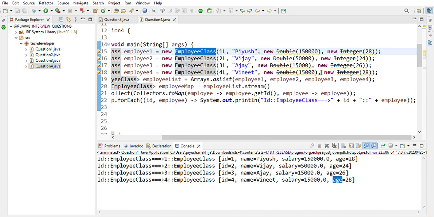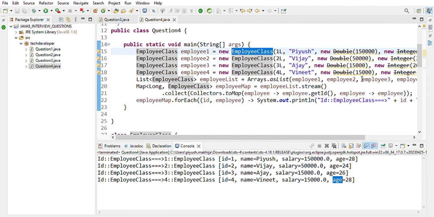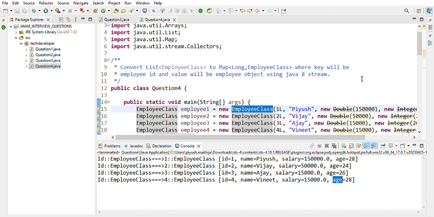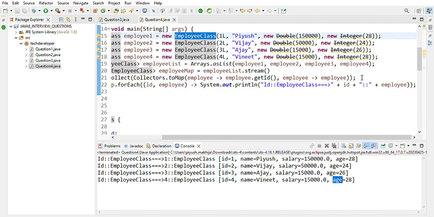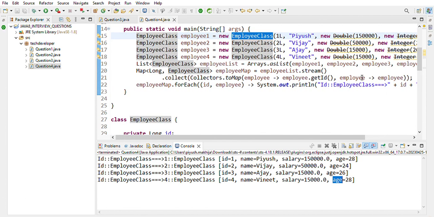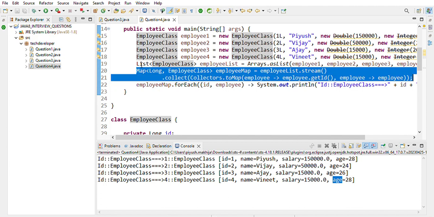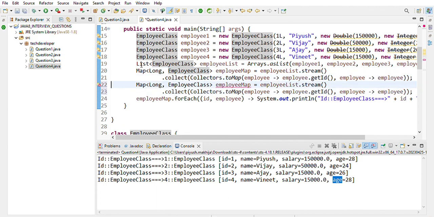So this is the part that we have done, that we converted our list of employee class to the map where key was employee ID and value was the employee object itself, right? Using the lambda expression. Now let's see how we can convert the same thing using the method reference. So let me copy paste